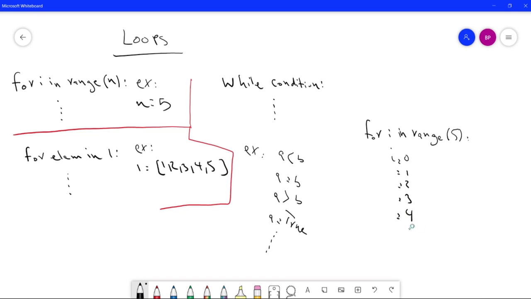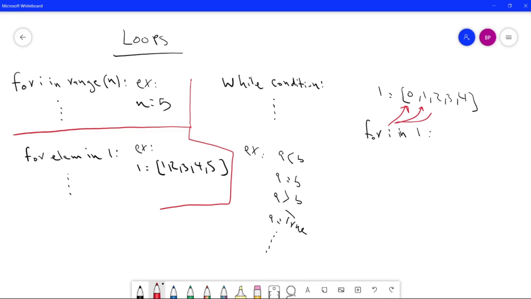But sometimes you don't necessarily have that number, but instead you know that your program should run through a collection, a list for example. So you can just say for i in L. When you say for i in L, it is assumed you already have an array of some sort. Every single time this program runs, i is equal to the next element of the array. The first time i is equal to element 1, then the second element, then the third element.